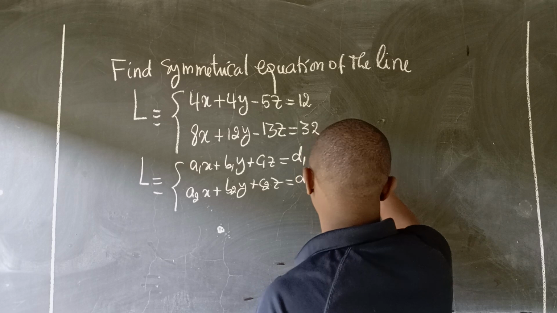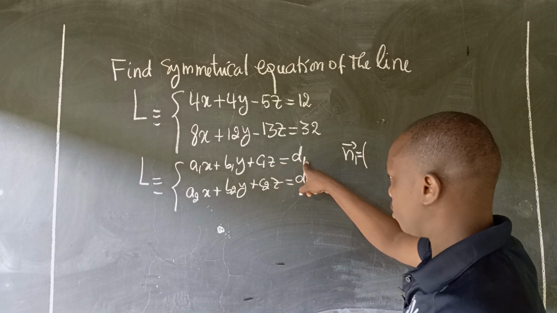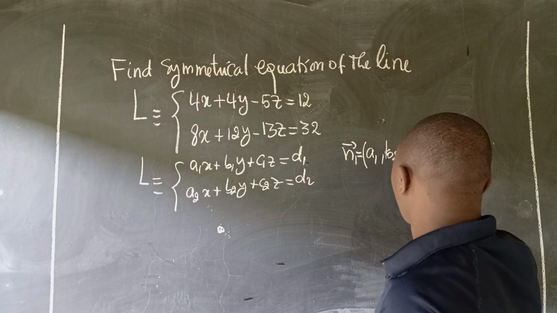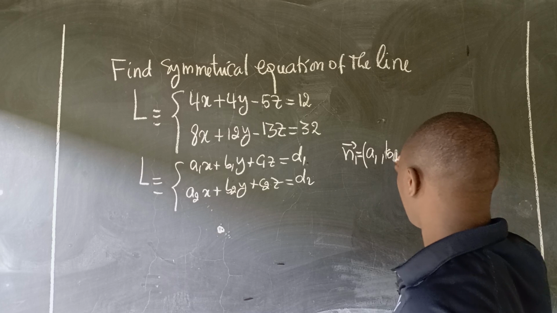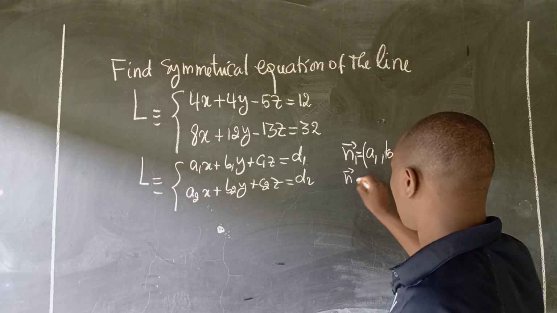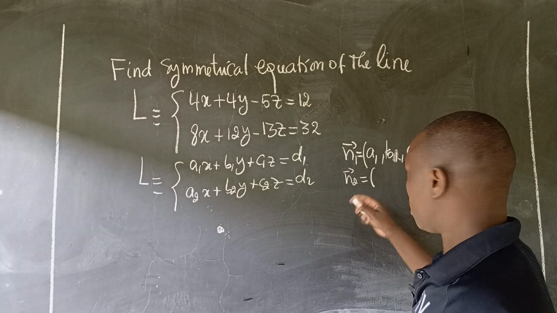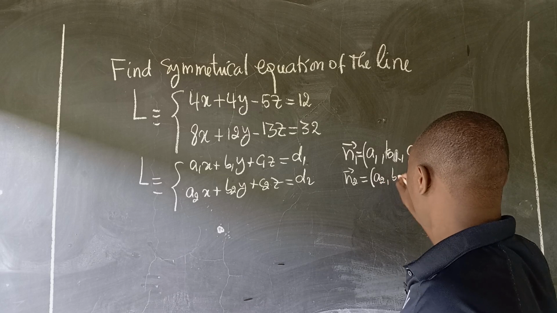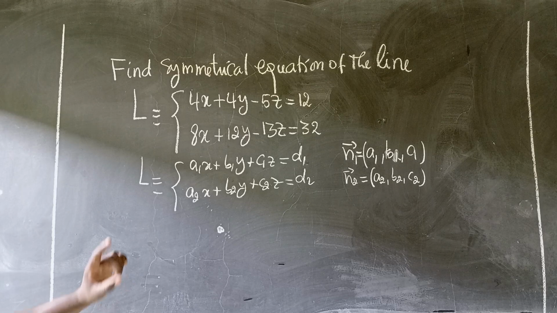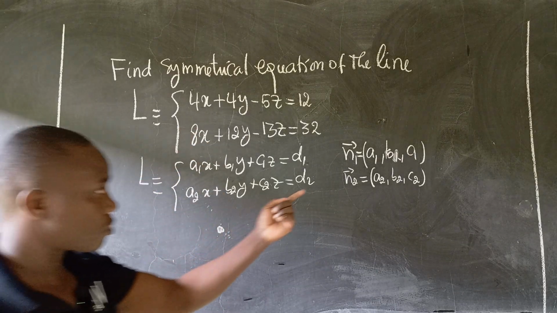Let's call N1 the normal vector to plane 1, which is A1, B1, and C1, while the normal vector to plane 2 is A2, B2, C2. To find the direction vector of the line of intersection, we need to find the cross product of